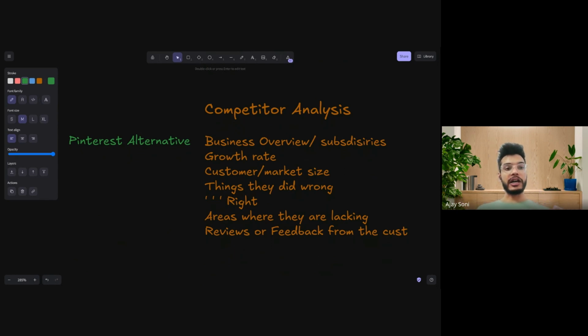Areas where they are lacking, which means maybe you can say the cons of that particular platform. So for example, let's say you are using the IRCTC website. If you're trying to create an alternative to IRCTC, and out of 2 billion people, let's say 10, 20, 30 lakh people are complaining about only one common issue, right? So you can say you have a target customer base of at least 10 lakh people, right? If you provide them the thing that IRCTC is not providing, you will get 10 lakh customers easily.